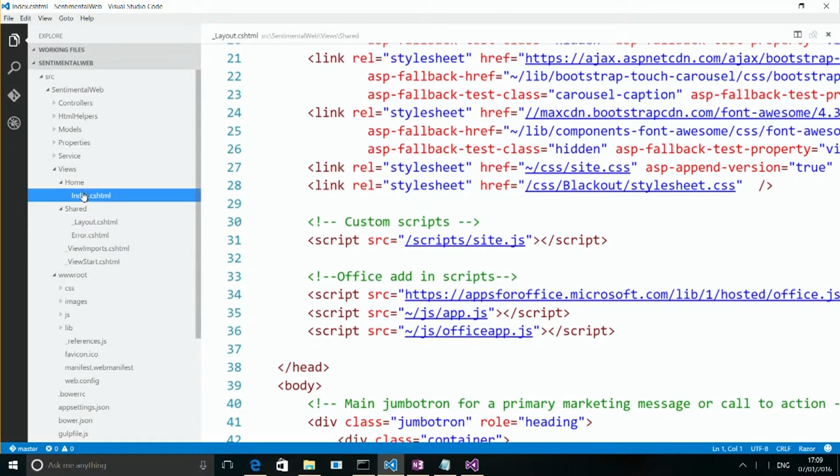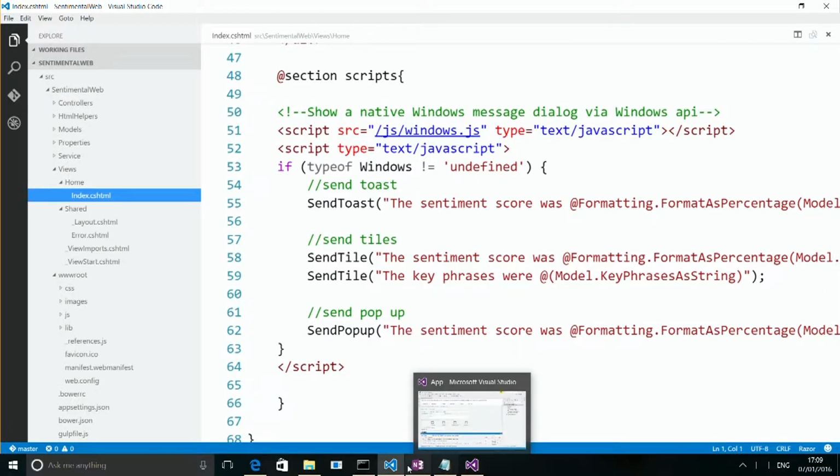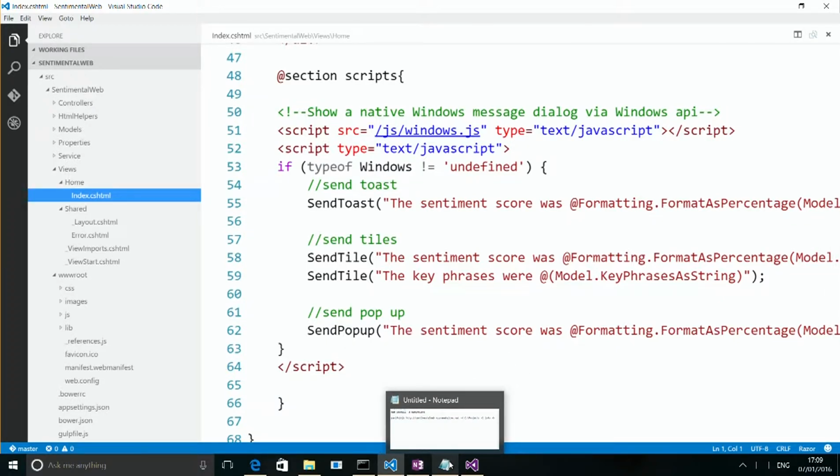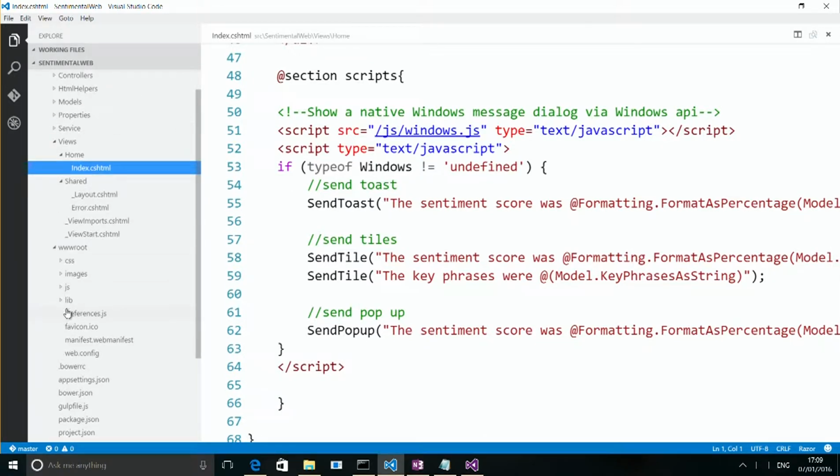So we just switch editors. We've just switched magically. So this is Visual Studio Code. The only reason it's in VS Code is because I'd get confused having two versions of Visual Studio. But yeah, this is just a standard ASP.NET project, and at the bottom of the index HTML, we've got a reference to windows.js, and then we've got some inline JavaScript. So what windows.js will do, if I just open that up,